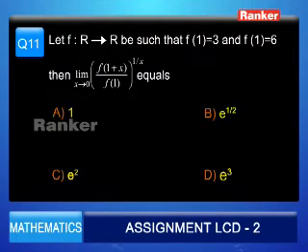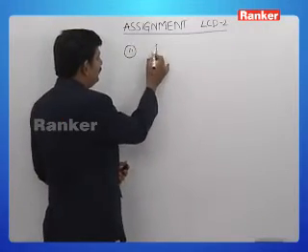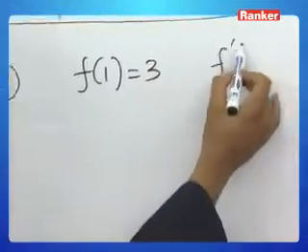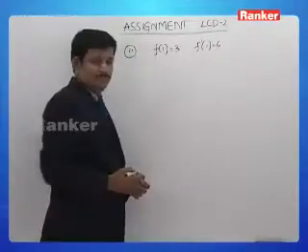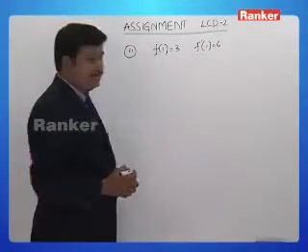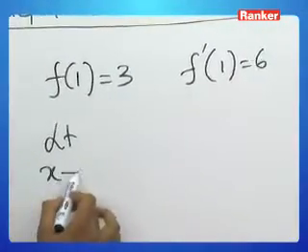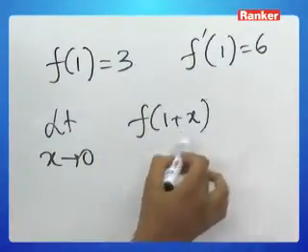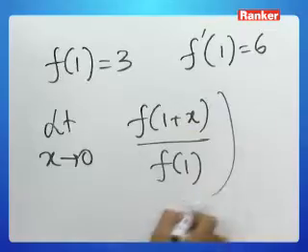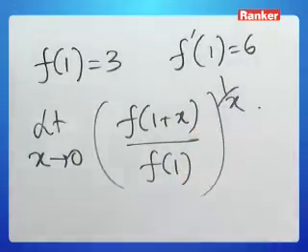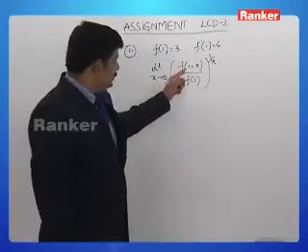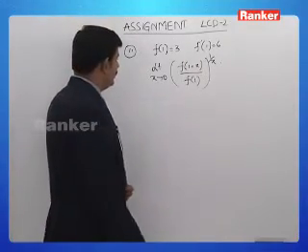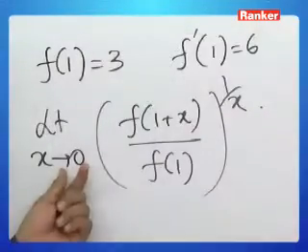So, in the question it is given f of 1 is 3, f dash 1 is 6, and we are asked to evaluate this limit. Now, let us see, as x tends to 0,